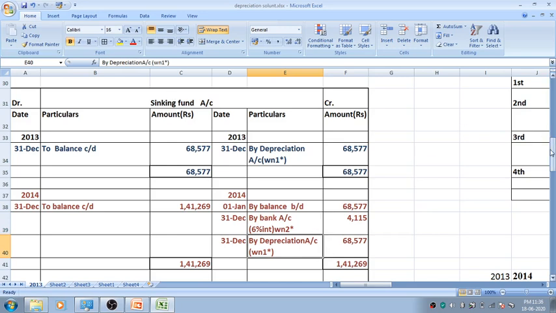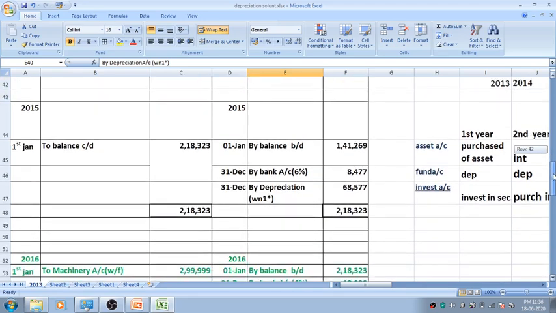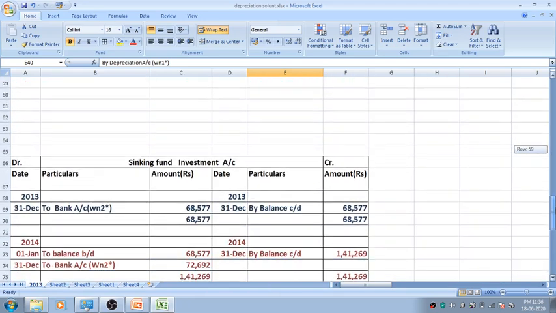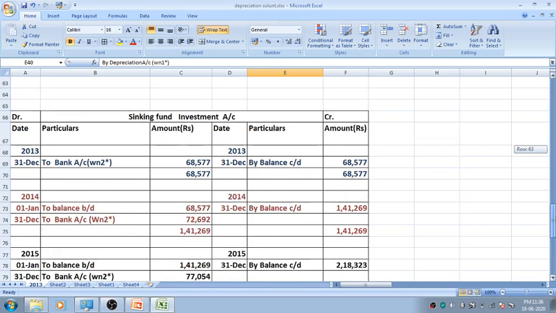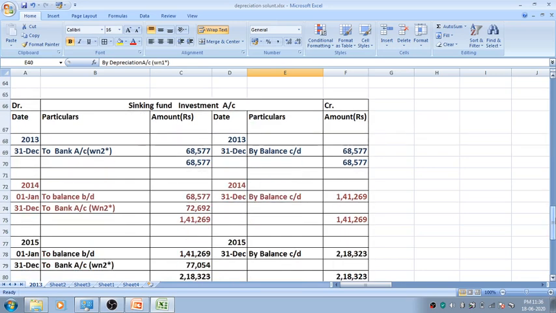Right. So the two entries are recorded. The third entry will be recorded in the investment account. Since we are buying investment, in the second year again, we will keep on buying as the years pass on. So the second year also we are going to invest. Before that we will open the account. So we write year, we write the opening date and opening balance as compared to the closing balance given in the past year 2013.